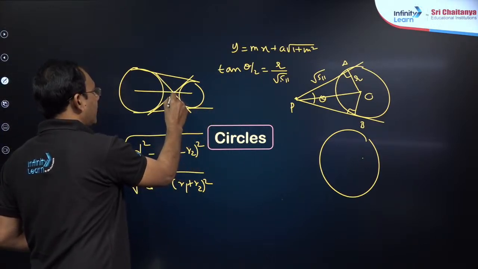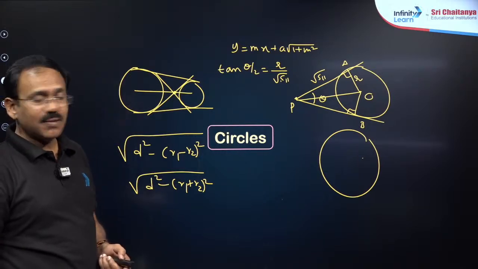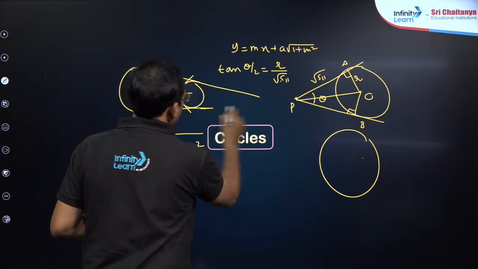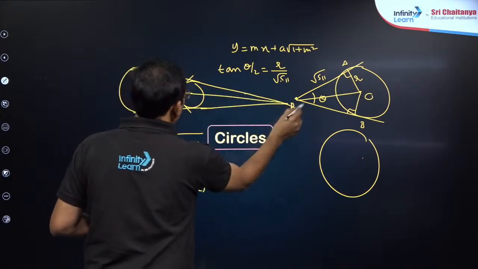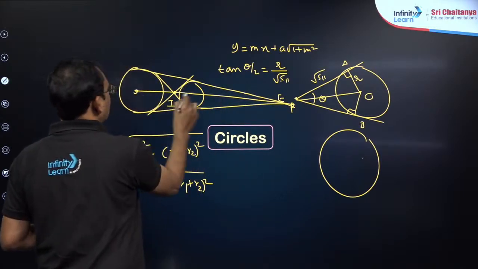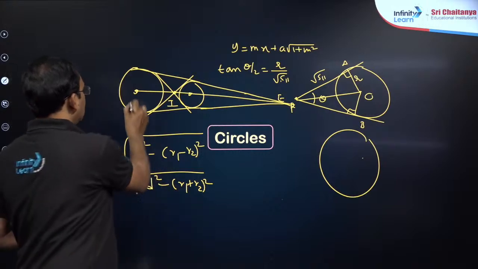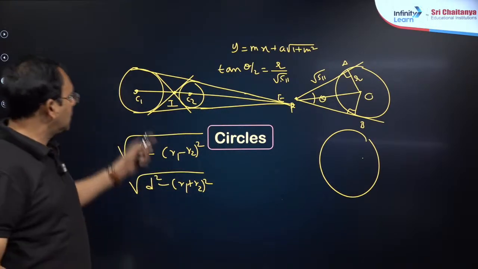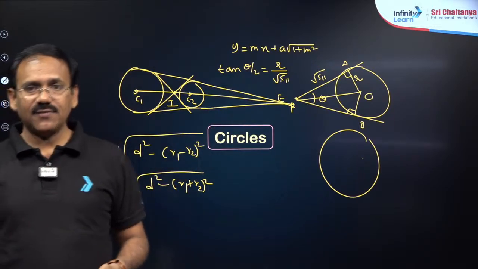The point of intersection of the two transverse common tangents is nothing but the internal point of similitude, and the two direct common tangents meet at the external point of similitude. These two points will always lie on the line connecting the two centers, and both divide C1 C2 in the ratio r1 to r2, internally and externally. These geometric points are necessary, my dear friends.